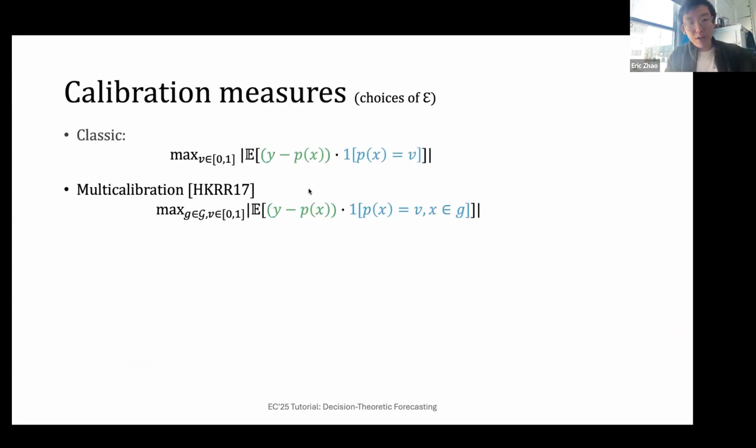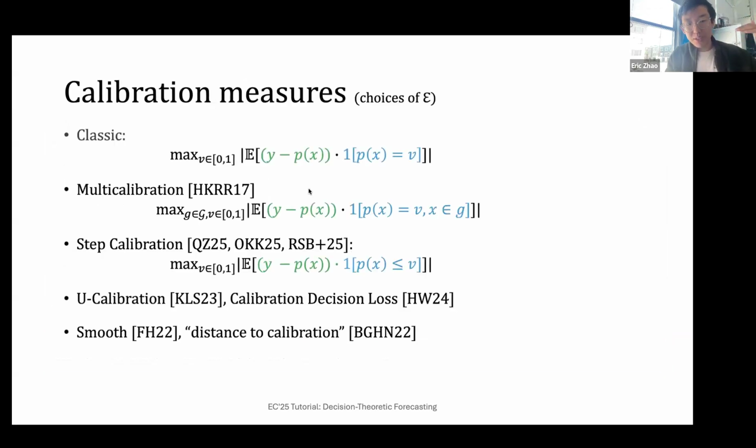So if we go back through all of these definitions of calibration that we talked about, these all follow from the same algorithmic framework. So if you have your own application in mind, you really shouldn't be too afraid to just ask yourself, can I write this as calibration? And if I can write this as calibration, how can I decompose the problem into these typical recipes for calibration algorithms?